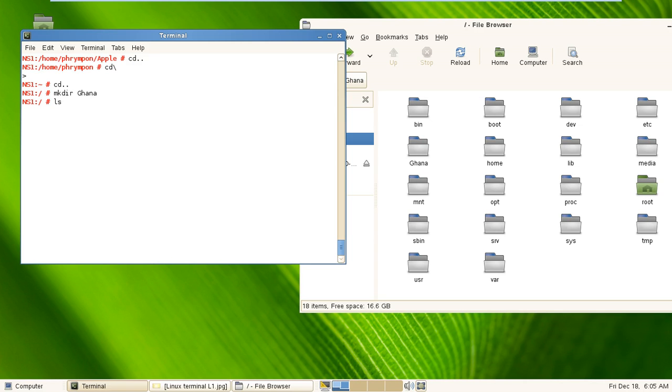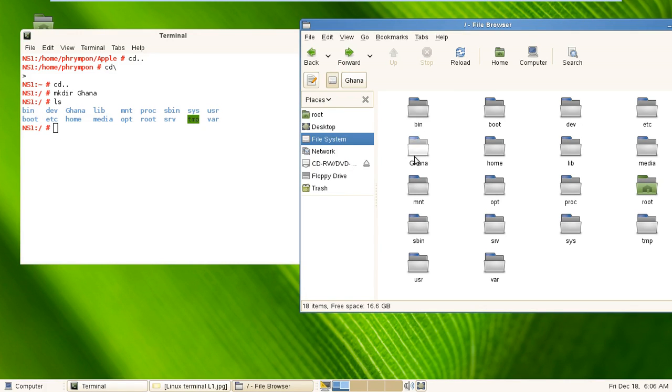We are expected to see Ghana among the list of folders in the file system, and we are expected to see all these folders when we enter ls. So let's enter ls, and as you can see, it has given us the list of folders or directories in the file system. This is a graphic user interface comparison. This is our file system. Then on the command line, on the Linux terminal, this is our file system. And when we type ls and hit enter, it has given us a list of subfolders we have in